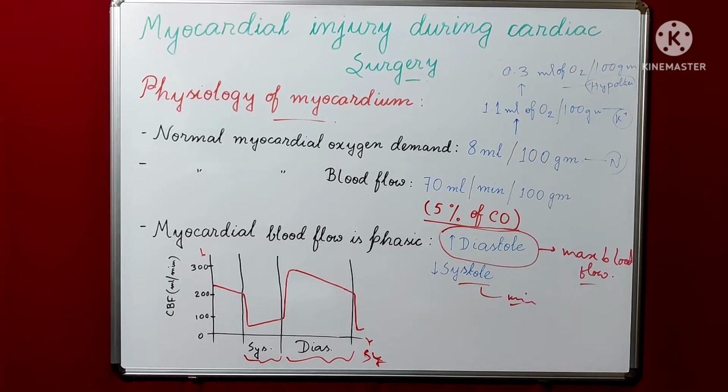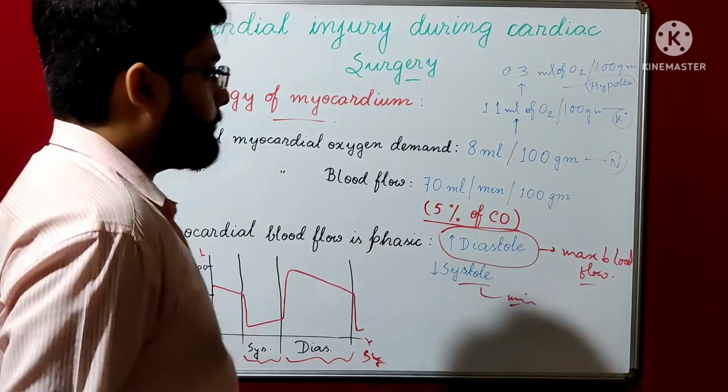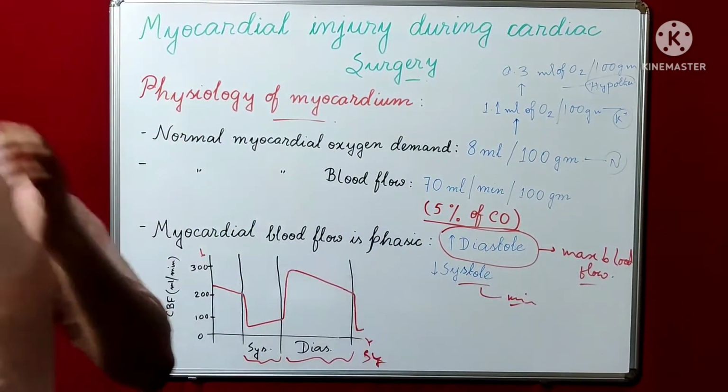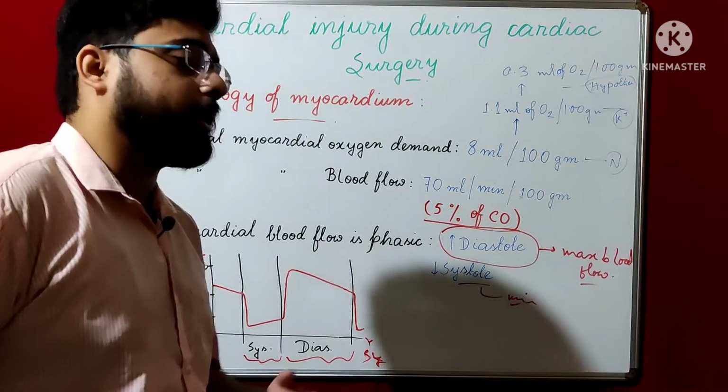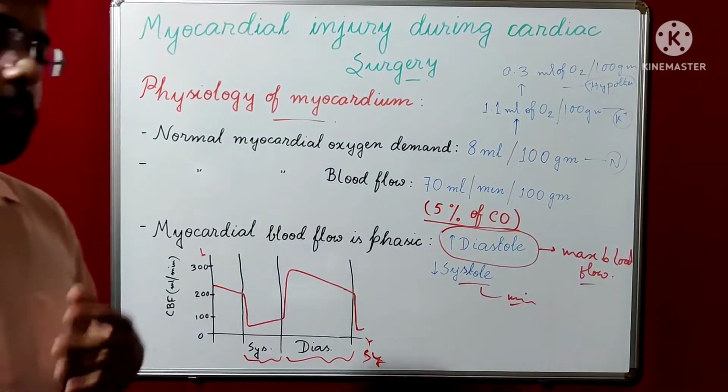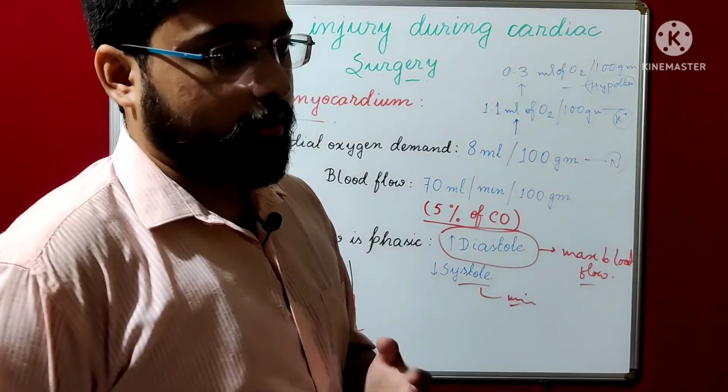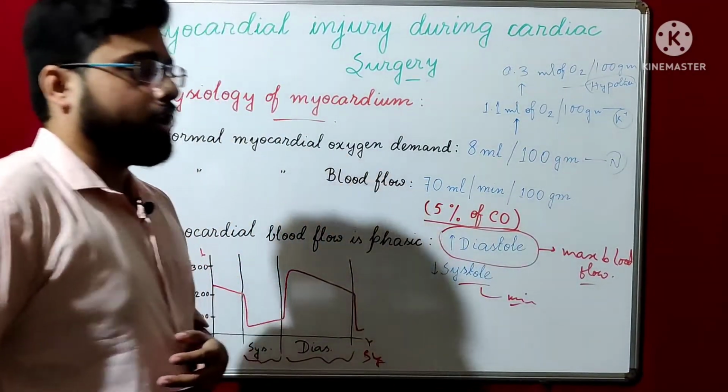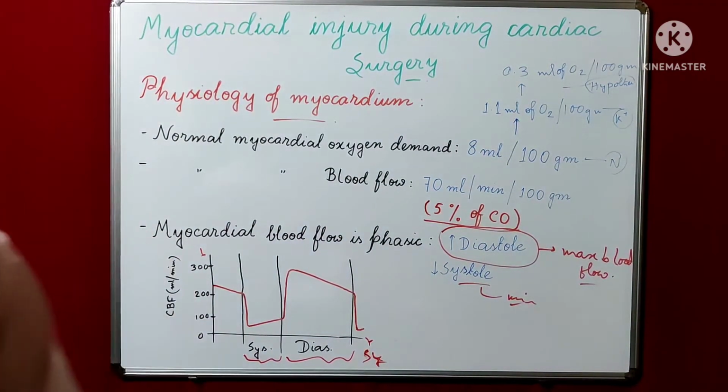Next, myocardial oxygen supply again can be decreased by some obstruction in the coronary artery, that is called coronary arterial disease, or due to systemic hypotension. So in those cases the perfusion pressure will be lower, so the myocardial blood flow will be lower, and all those things mainly affect the LV, that is the left ventricle.